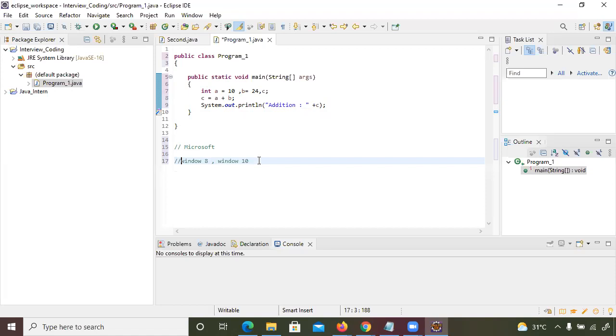If we continue the versions, like Windows 7, XP, we just add new features. That's why Windows 11 is similar to Windows 10 with some additional features.